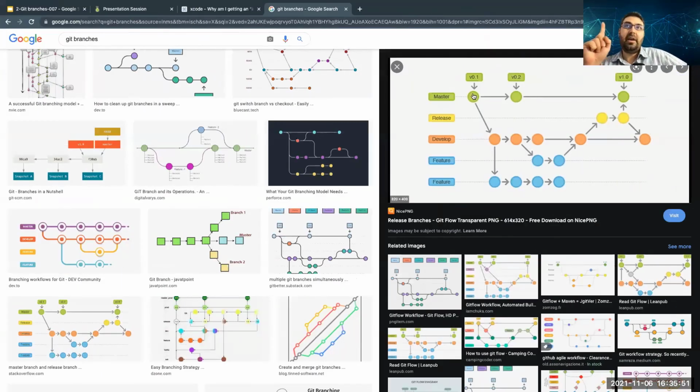Next, you create a new branch, which is called develop. Yes, we all have the develop branch and we have a release branch in the professional environment. So we have even more branches, but these are the basic branches that might happen in your company.